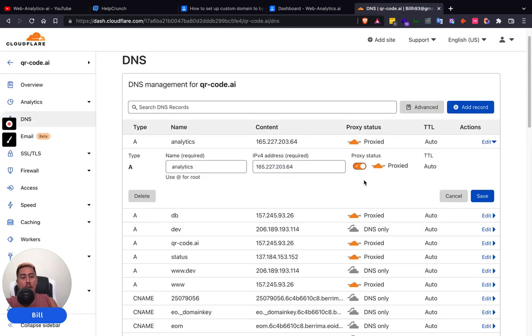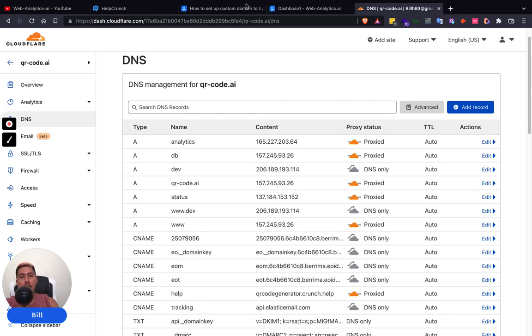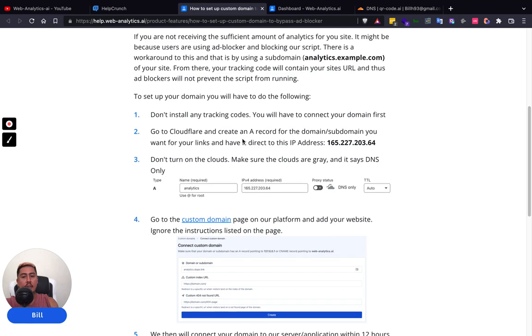And then, in the beginning, you'll have to turn off the DNS. Okay, so make sure that the cloud is gray, and then you save it. Okay, so then after that,